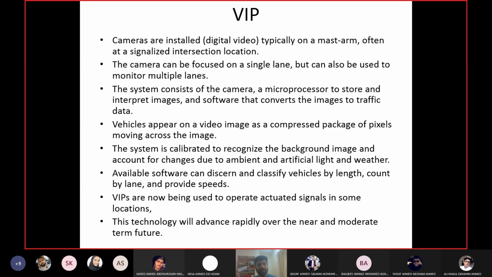These are all images, or data of images. So we can have image processing software within this, or if you can provide this data to image processing software, it can easily be converted to traffic data and traffic counts. This technology is considered to be fast growing, and it is expected to take over the traffic data collection and monitoring business.